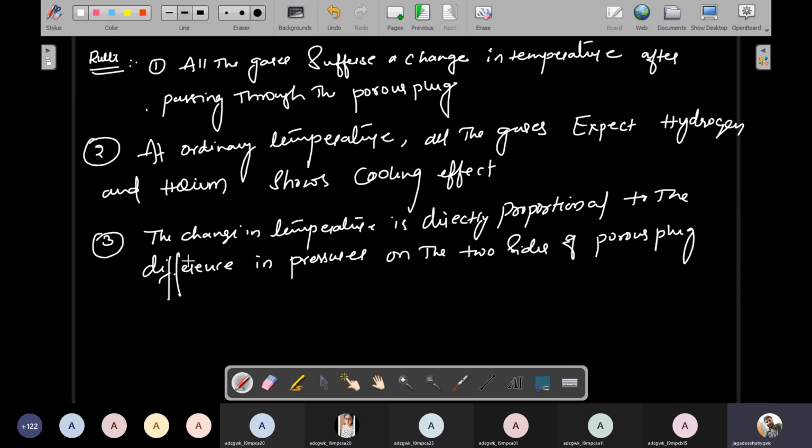So I already told you this point in the previous class also, the change in temperature is directly proportional, because I already told, see,